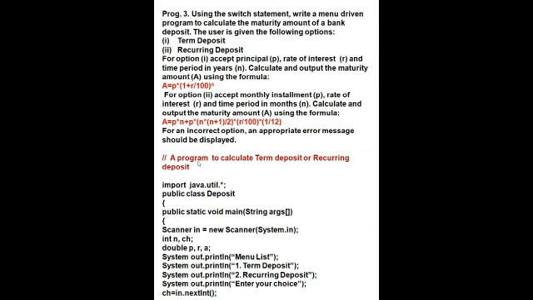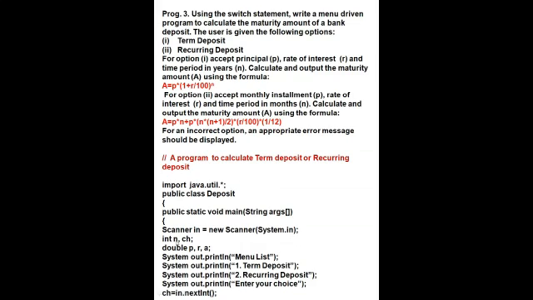First we will write the message: a program to calculate term deposit or recurring deposit. Import java.util, public class Deposit, curly bracket, public static void main(String args[]), curly bracket, Scanner in is equal to new Scanner(System.in). Everybody knows about this.